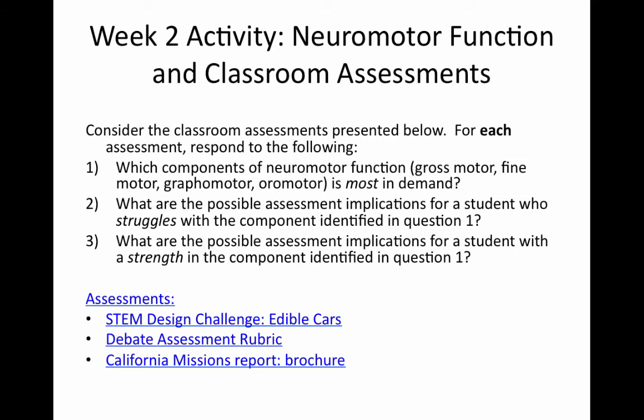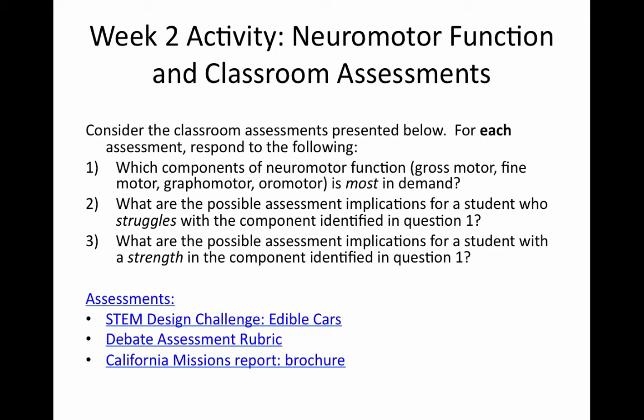So for this week, you have an activity where you're going to be asked to watch these lessons that have assessments at the bottom of the page. Just like last week, you can download these slides and then you'll be able to click directly onto those links. I've also posted the link for the debate assessment rubric on our Moodle page because I think that link for some reason isn't working within the slides, but the activity is available for you if you go to the Moodle page. And there will be an assignment posted as well for you to complete these 3 questions based on each